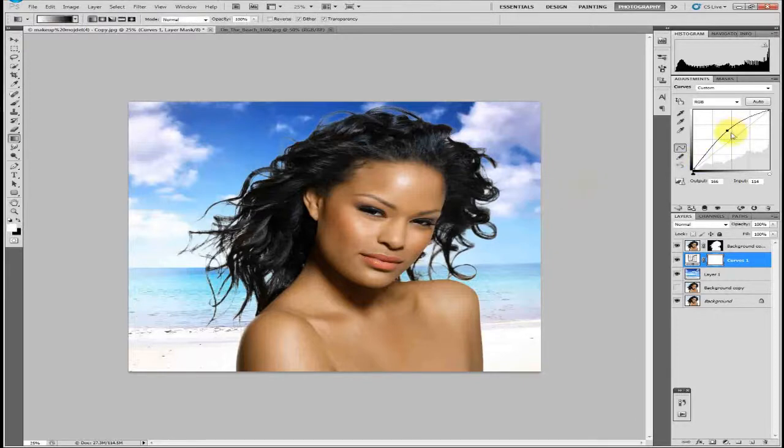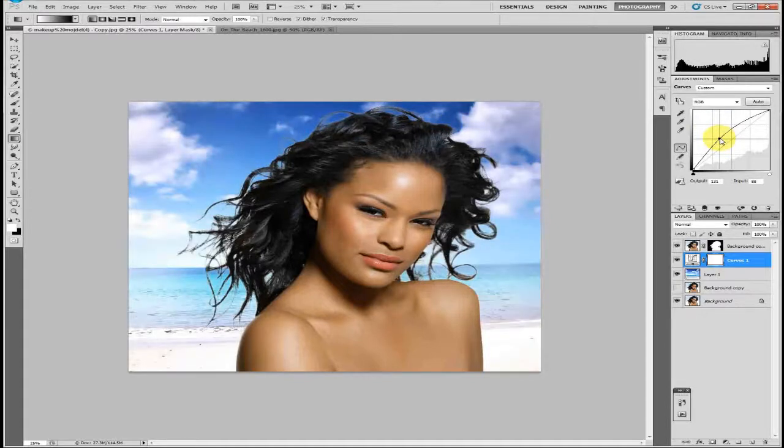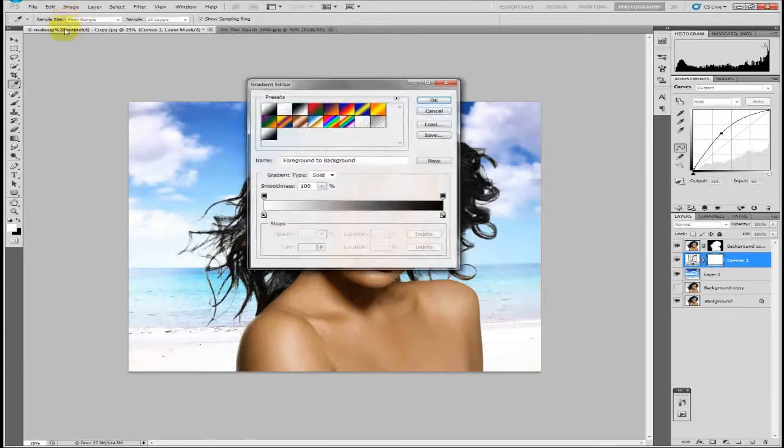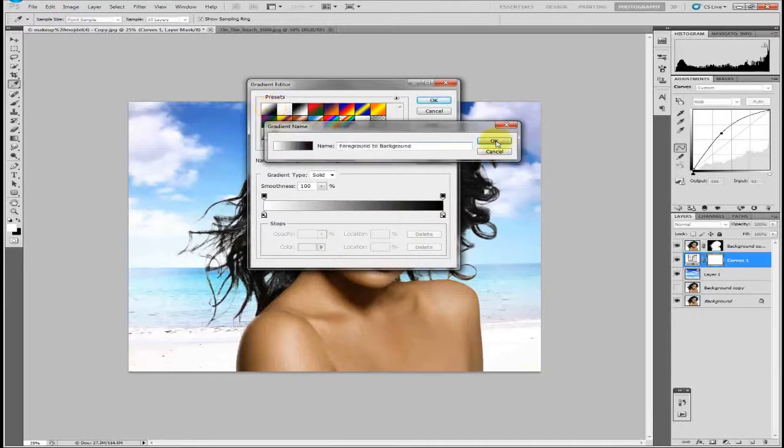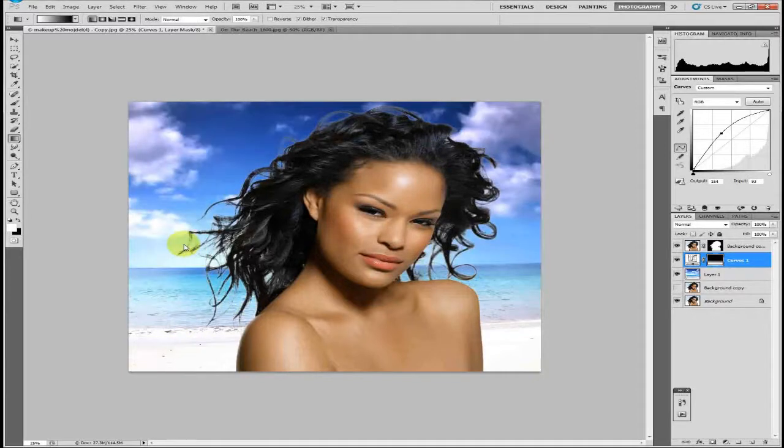Okay, so now we've done the curves adjustment layer, what I want to do is just maybe change that a wee bit, probably about, say about there, but as you can see it's blown out the beach a wee bit. But to fix that, what to do is press G and it will bring up the gradient tool, select foreground to background, okay, and then just drag and drop, and as you can see it,